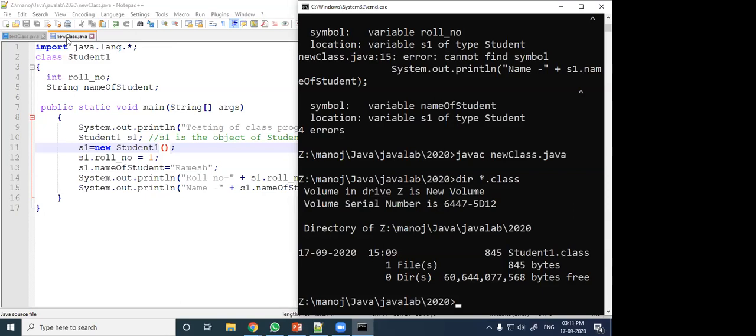Otherwise, when you compile the source file, it will create the class file as per the class name. So here our source file is newclass.java, but after compilation it created student1.class, because the class name is student1. The student1 class now contains roll number, name, and a main function. Inside the main function, I have created an object of the student1 class, and that object's members are accessible now.